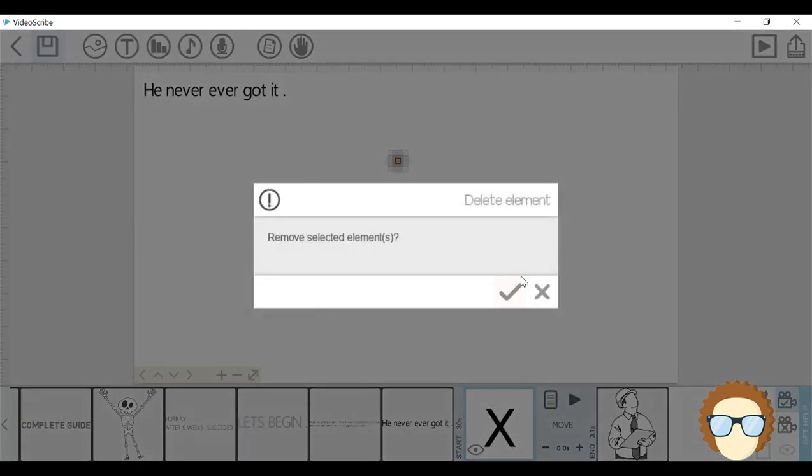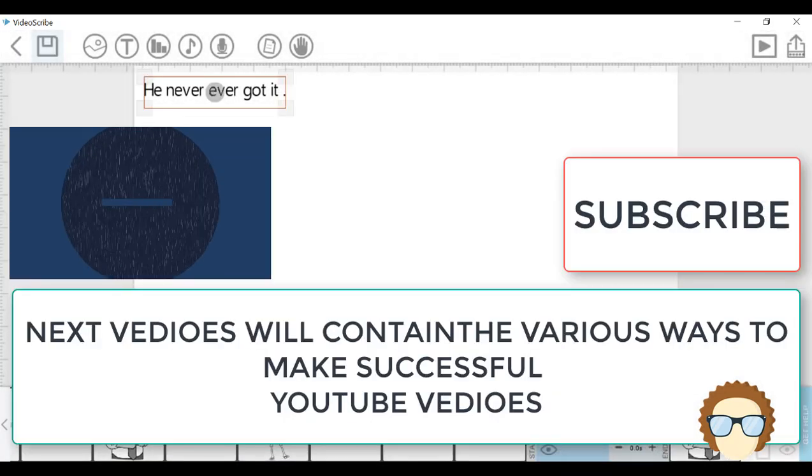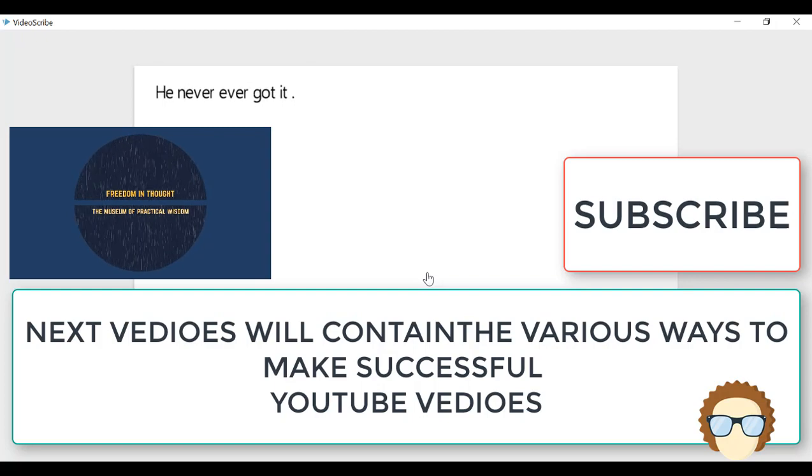just delete it, and this will also work like that. Now this you can see that